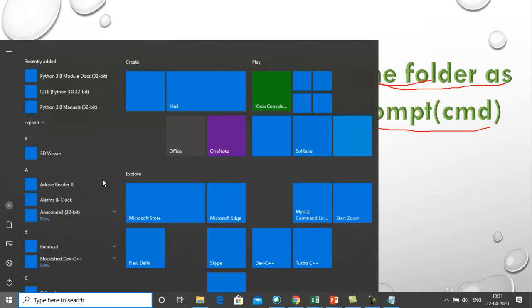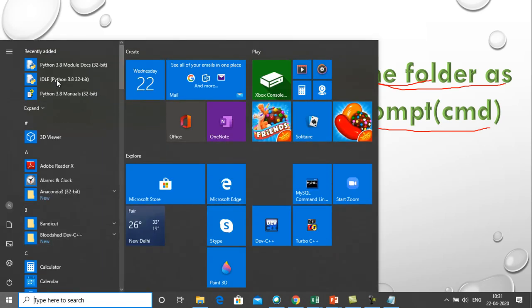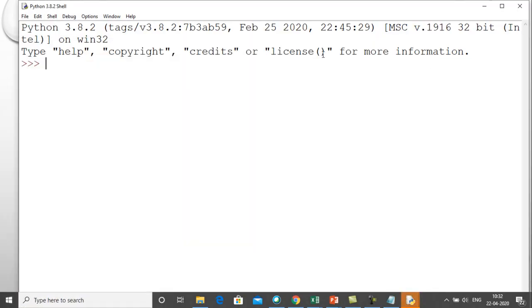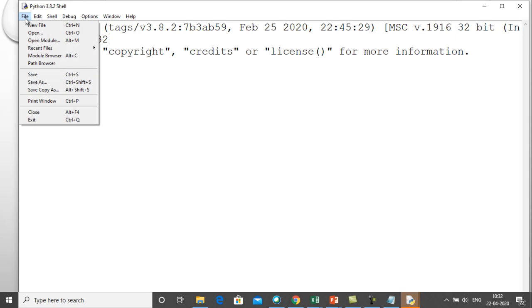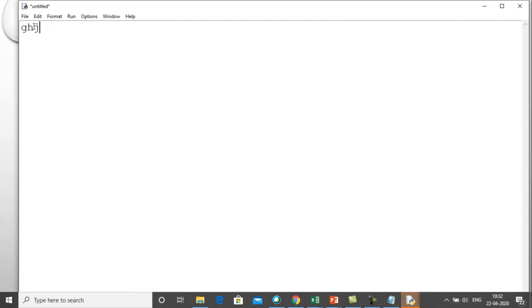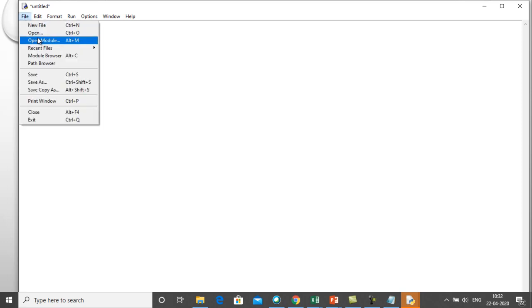First let us open the Python software. So this is Python IDLE. Let me open it. Suppose I go to new file and write some code, just A is equal to 9, B is equal to 8, and then I want to save that file.